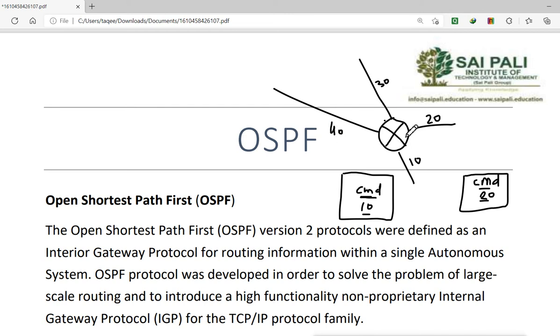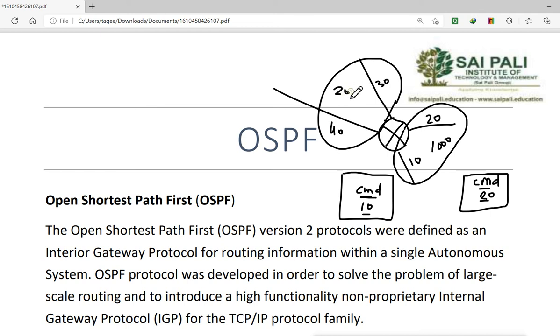So what we can do is use one process for these two networks, network 10 and 20, then another process we can run for these other two networks. Now the router will identify that this process is different. Let's say this is process ID 1000 and this one is process number 2000. So it can differentiate between these two different processes, because in this process we are doing the routing for these two networks, and in this process we are doing the routing of these two networks, and they are connected to a different site.